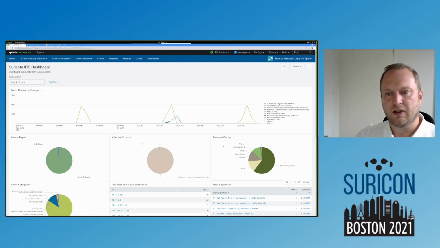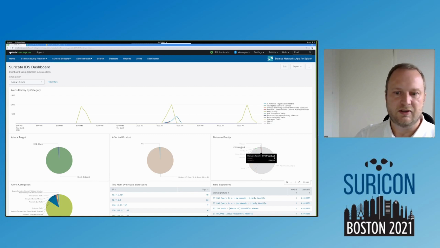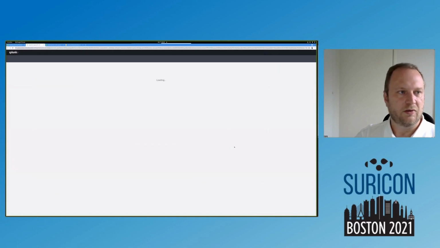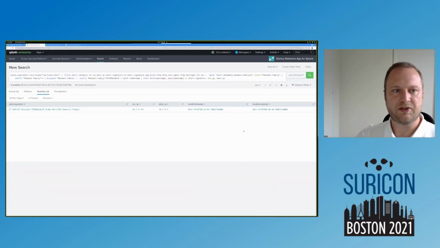Something that is really nice inside the Splunk system is that you can define a link to drill down in the system. So here we're going to click on Eternal Blue. What we will see is this Eternal Blue attack on the signature between these two IPs, and the search is doing an aggregation. I see by source and destination IP with alert.signature, and I get the minimum timestamp and the maximum timestamp, so I know for what duration we have seen this. Here we see that we had the problem for something like half an hour.